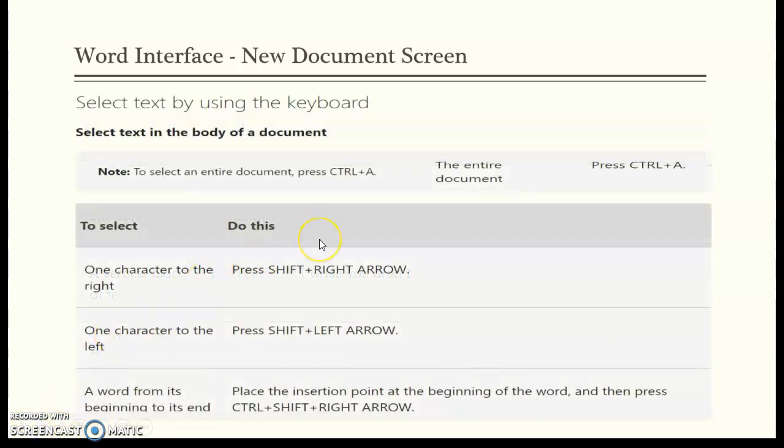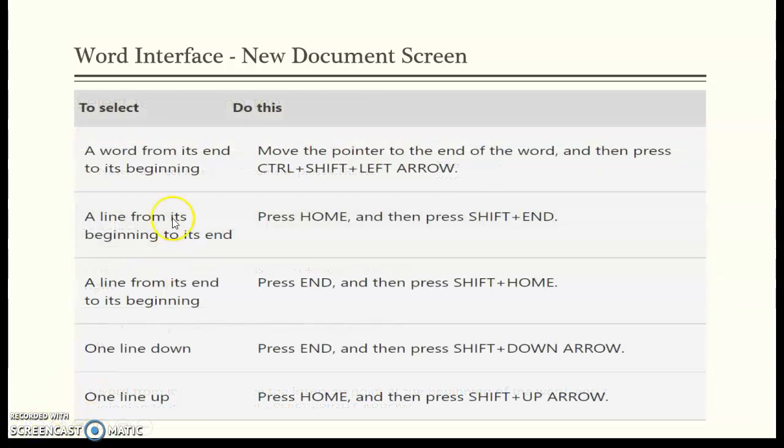There's also a way where you can select text without using a mouse and just using shift keys and your arrow keys, and Control A selects everything. So there's the old-fashioned way, before the mouse, of how to select text without using the mouse, using the shift and the arrow keys. And there's just more of that. You can use shift and the home key, and